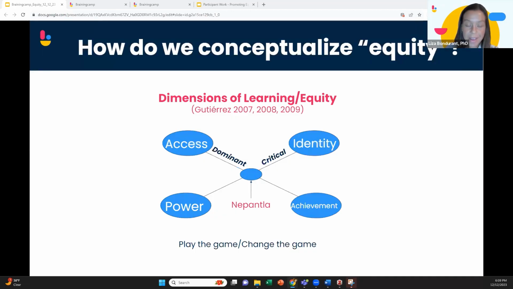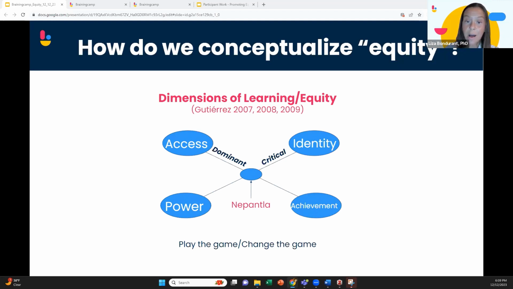Awesome. Thank you, Kate. I'm just going to elaborate a little bit on what Kate just said. We purposefully chose that as our icebreaker, with the intention of using it as a lens to describe our conceptualization of equity that we're going to use throughout this webinar. Words are super important, and different people have different conceptualizations of words. So our